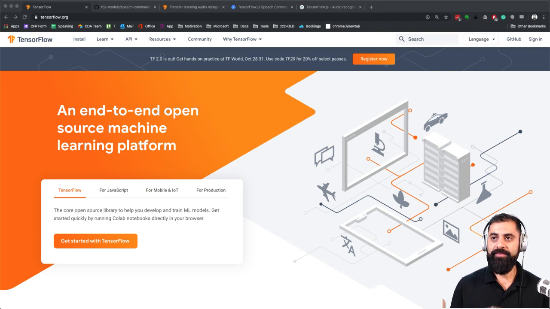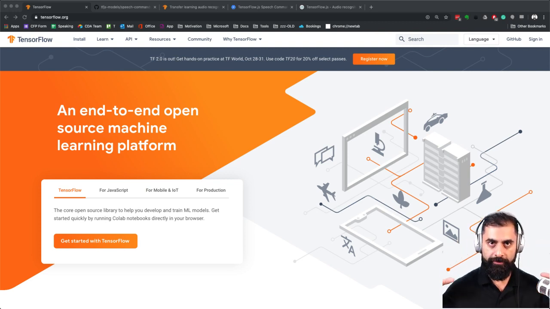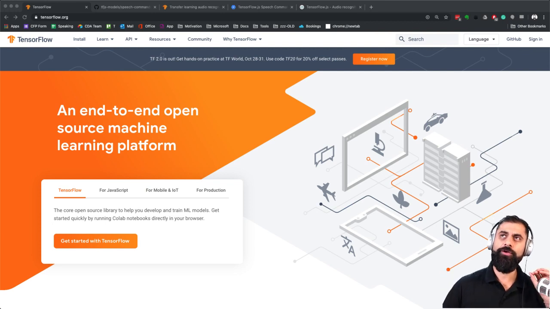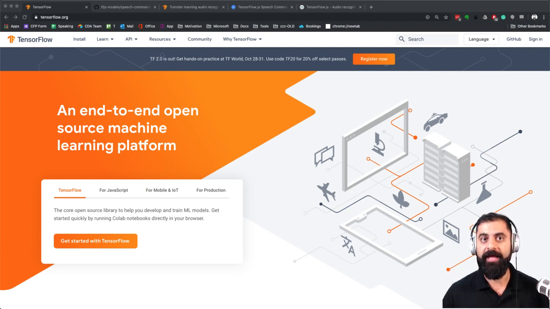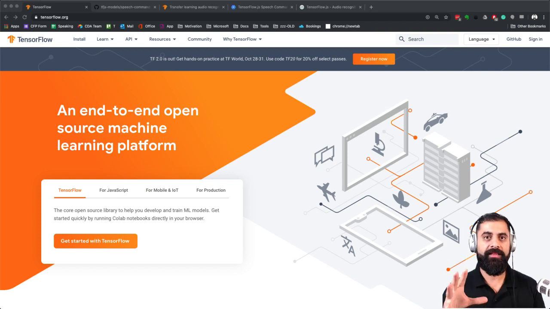These devices are always listening for that trigger word. They don't really understand anything else other than that trigger word. And that kind of scares a bunch of people because, like, oh, it's always listening to everything that I'm saying. Well, it's always listening for okay Google, Alexa, something like that.